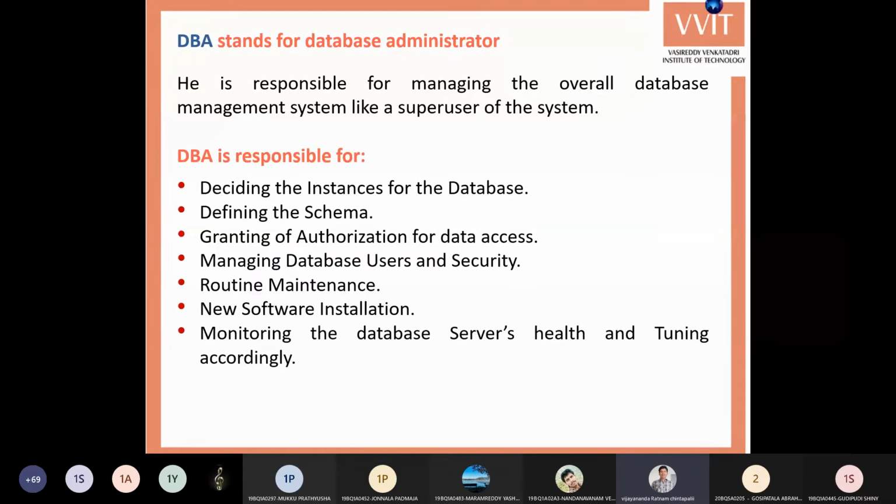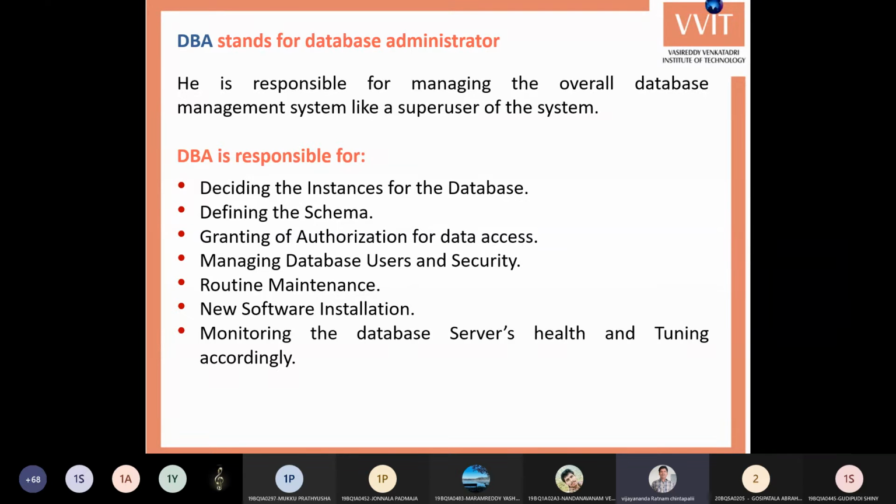The first is the database administrator, or simply DBA. He is the whole and soul person for the database. He is the super user, responsible for managing the overall database management system.